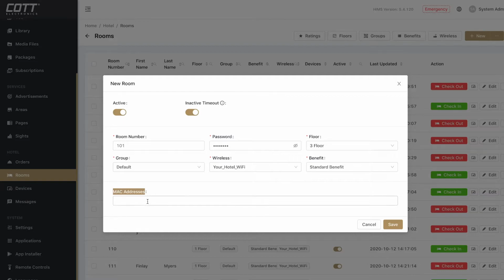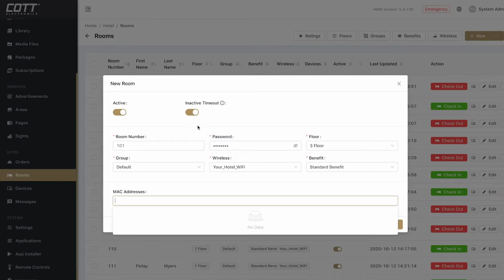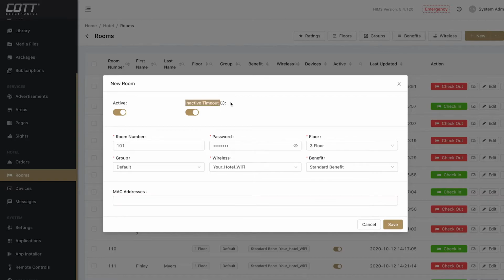It's also noteworthy to mention that because of our system and how it's organized, we can detect most problems remotely from the hotelier portal without having to come in person. Inactive timeout at the top, on the other hand, disables specific devices from existing on the main page after a certain time. If the HMI software isn't integrated with another PMS system, then both checking in and out needs to